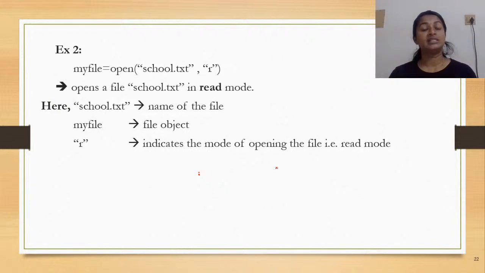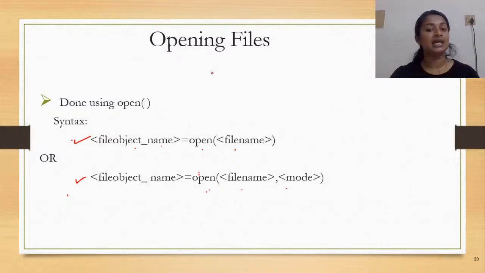Okay, now see the next example. The next example in which my file is equal to open of. Now I'm giving the name of the file followed by the mode. Okay, so this is the second syntax that we had seen. See here, this is the second syntax wherein you give the